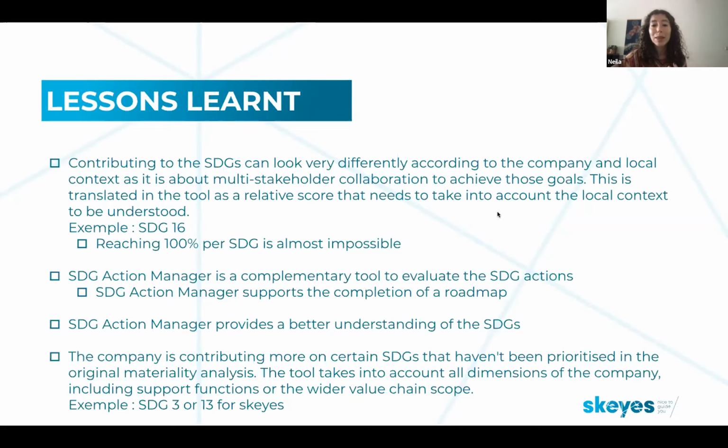And we can see here that 35% of those that have answered already provide mental health coverage for employees, and for those that do not, here is an idea, if you're looking to improve your contribution on that specific SDG, that you could implement to advance further SDG number 3. Thank you for allowing that to happen, and then I'm leaving it up to Alain as well to finish sharing his testimonial. Thank you, Naila.